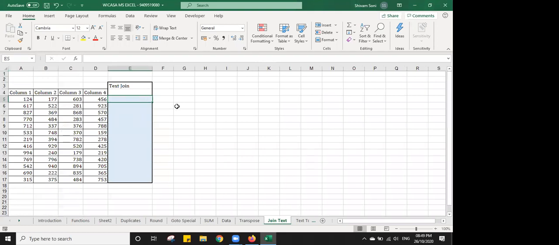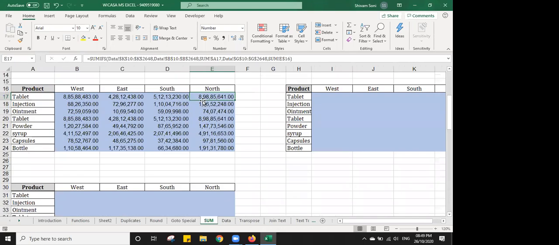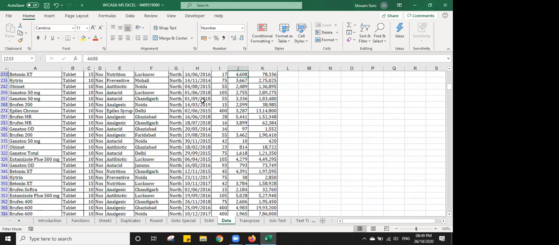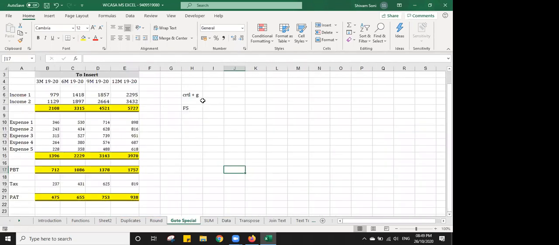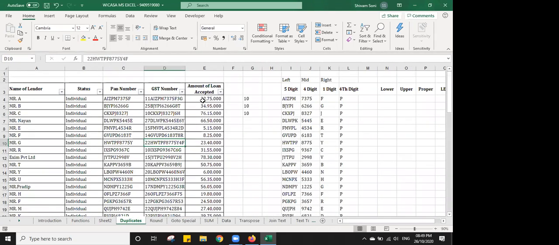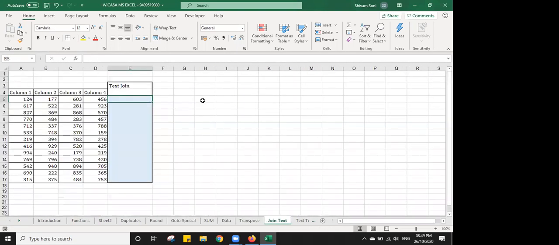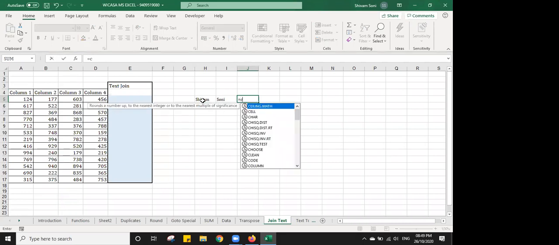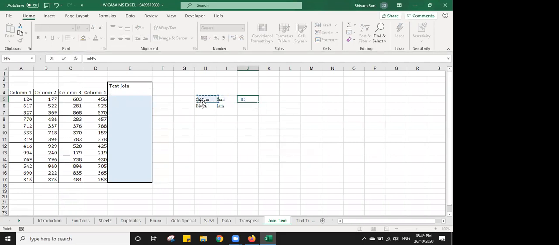Now another formula is to join some text. I want to join 2 or 3 columns with this. Suppose I have a column over here. I have written a name over here and I have a surname on another column. And I want to join both the columns. So what I can use is equal to, and I can select that column and